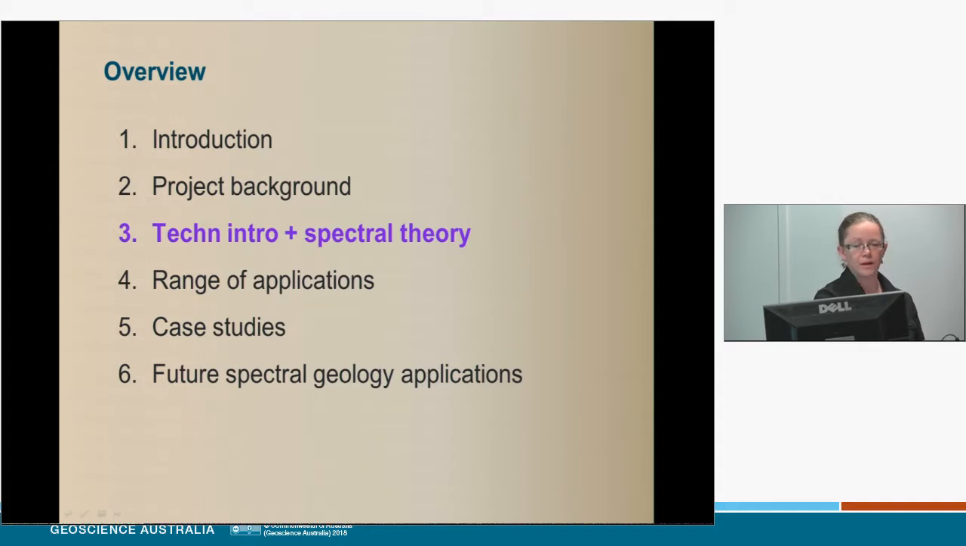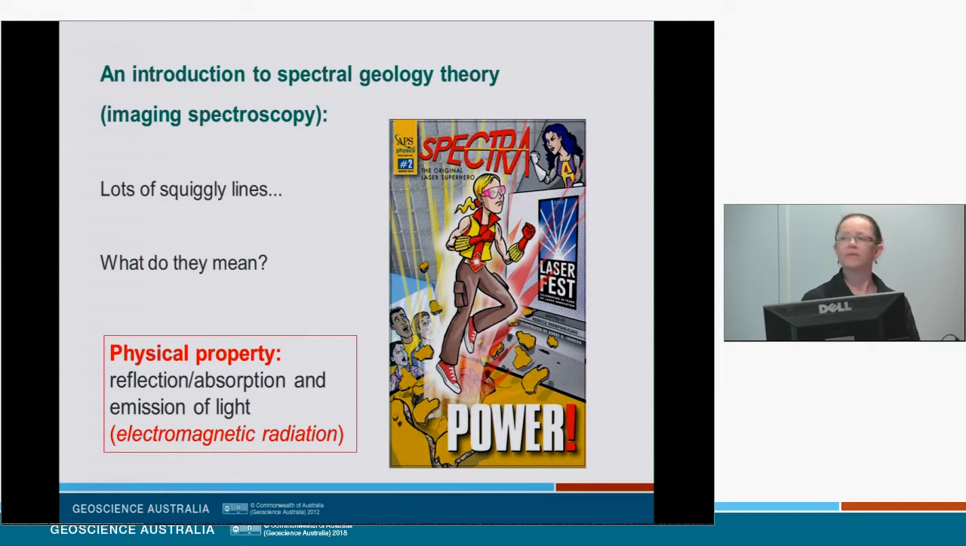So now a bit about the technical background and spectral theory. Well, if this comic that I found on the internet is anything to go by, the superhero Spectra spends most of her time battling the evil and blue head misalignment, which certainly sounds familiar. But, you know, what's with all these squiggly lines? What do they mean? Well, really, we're talking about a physical property, the reflection and absorption and emission of light,